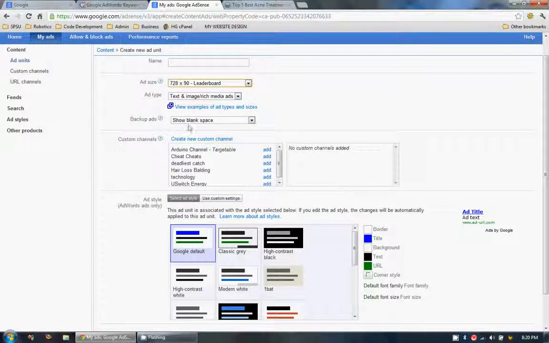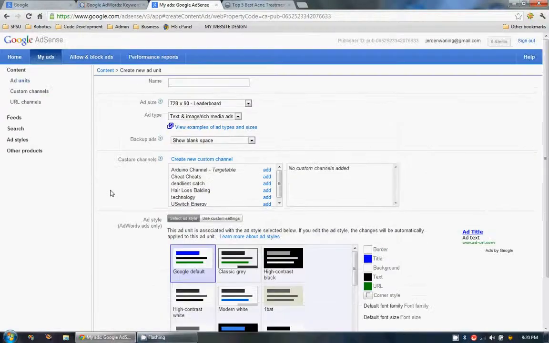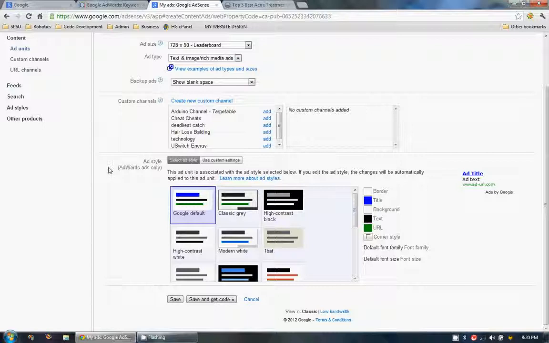You can also, so let's say whatever keyword you're going for, there aren't that many ads, and Google doesn't have an ad to show on your site. You could choose to either show blank space, fill ads from another URL, or just choose a solid color so it just looks like part of your site. And here you can also make it part of a custom channel, so whenever you check your reports, you can pretty much check to see what channel is doing the best and things like that. You just put relevant sites together. Down here you can create